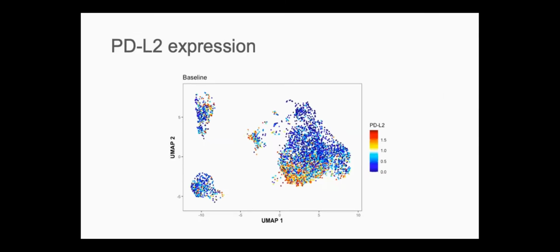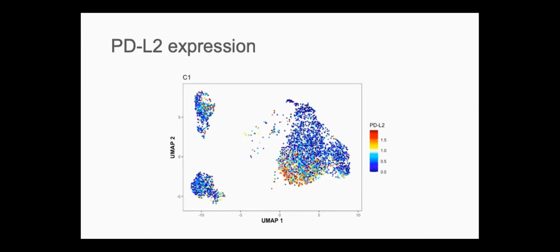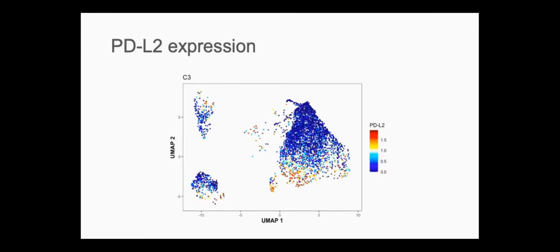And so we went back to the data and looked through these patient samples to see PD-L2 expression over the course of treatment. Again, here you see in our more stem-like population, we have the highest expression of our PD-L2. And as we watch this patient progress over treatment, we see that the PD-L2 is upregulated after cycle 1, persists even through cycle 3 when the patient